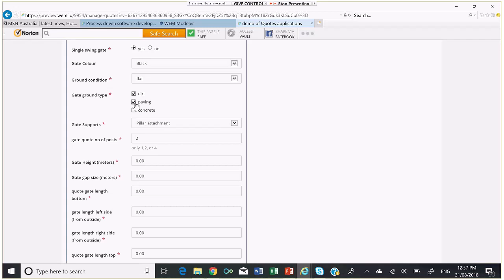And there are various checks that are done within the application to see, under these conditions, have you got the right number of parts? Have you got the right parts? Is there any missing parts, etc.? The ground type, whether it's dirt or paving, and this has particular relevance for sliding gates where they've got to put